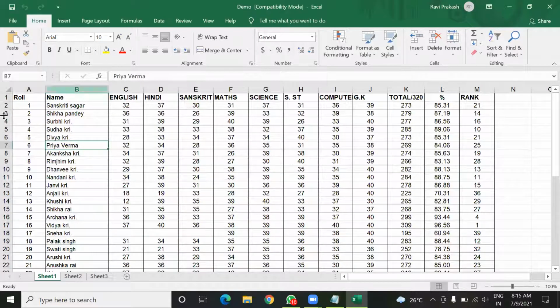Now if we want to arrange this roll number in decreasing order, from highest to lowest, how can we do this? First of all, you have to click on this column heading, and you will find the sort and filter option in the Home tab and also in the Data tab.